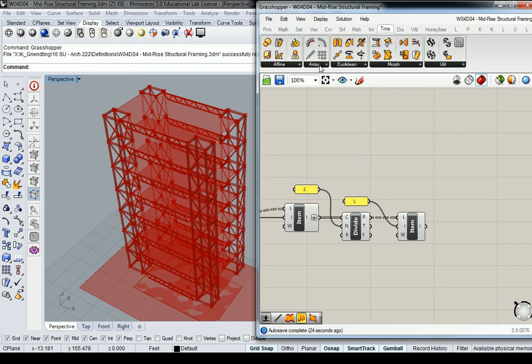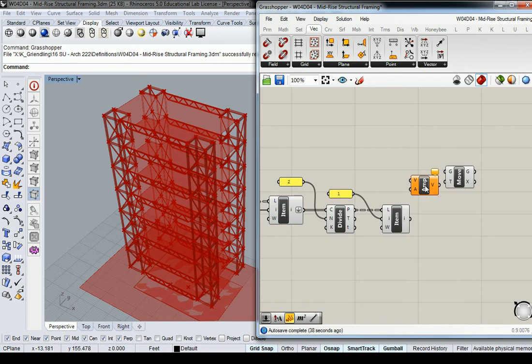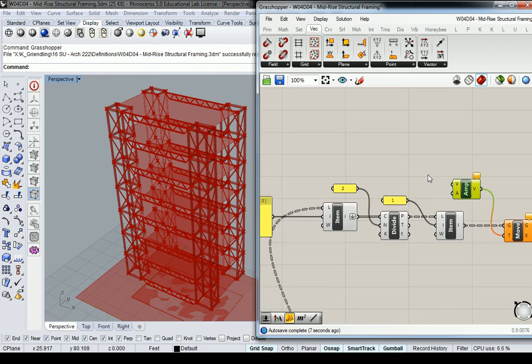So I'll go to transform, Euclidean, move, and this move is going to require a vector, and it's going to require the magnitude. So I'm going to have an amplify. So I'll go to vector, vector, amplitude. And so the geometry I'm going to move is going to be the list of middle points or midpoints. That'll go there. And then the vector is a little bit of a different story. I have to essentially find a vector to use that's going to be relative to the